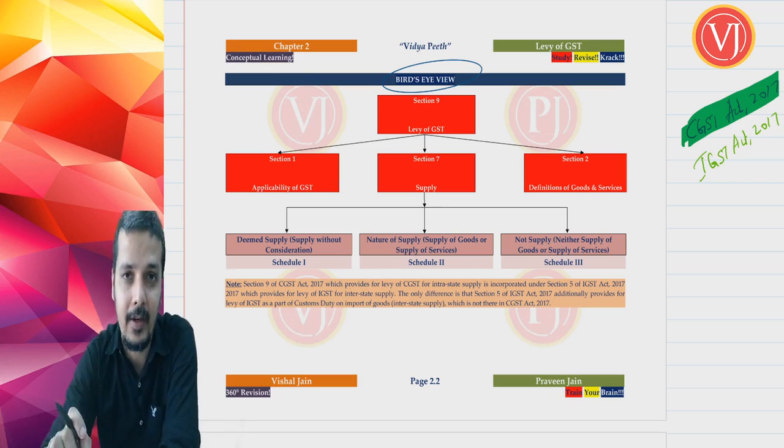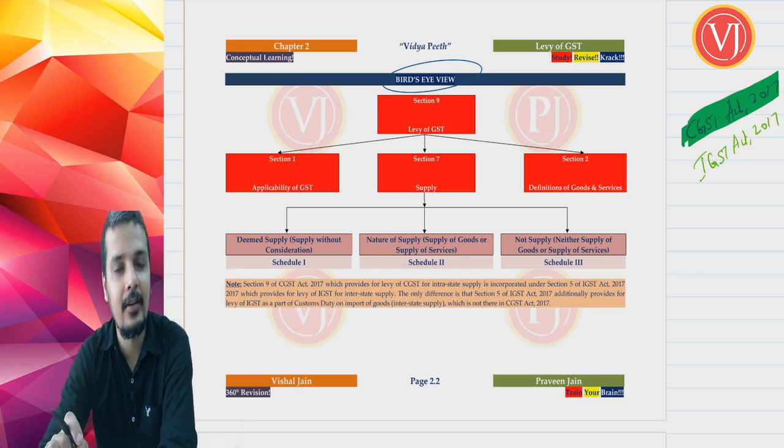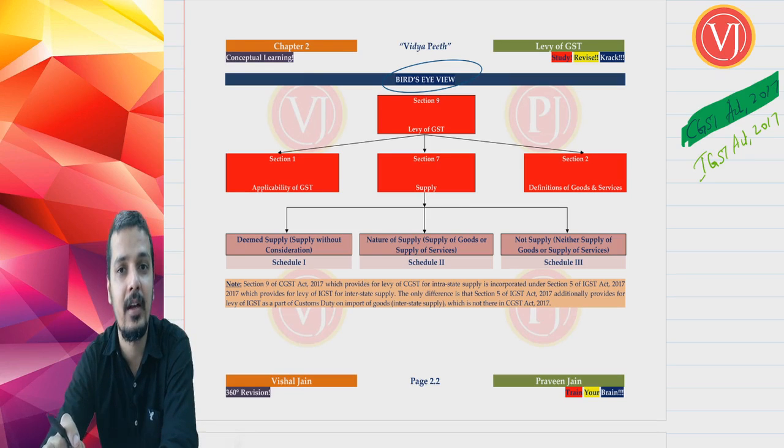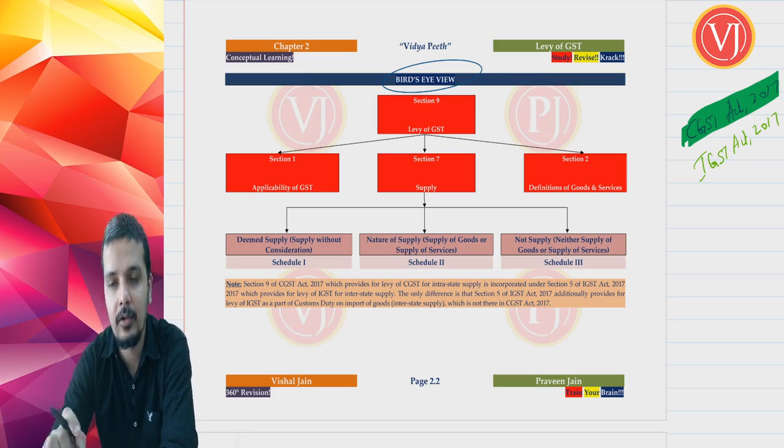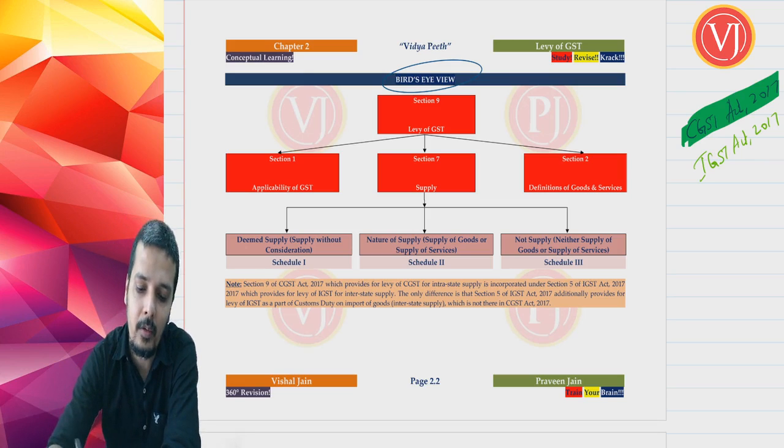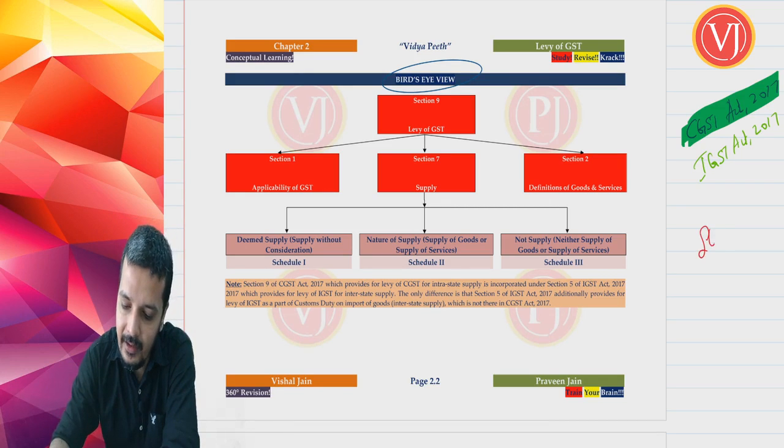So whenever I address any section or any rule, we are going to discuss the CGST Act 2017 for the section and the CGST Rules 2017 for the rules, unless I specifically tell you, no, now this section is of the IGST Act. So the focus should not be there on that. Now you'll ask, what about the SGST Act?